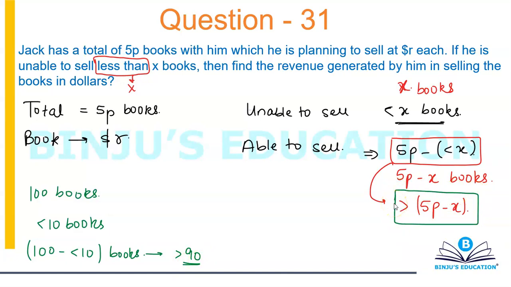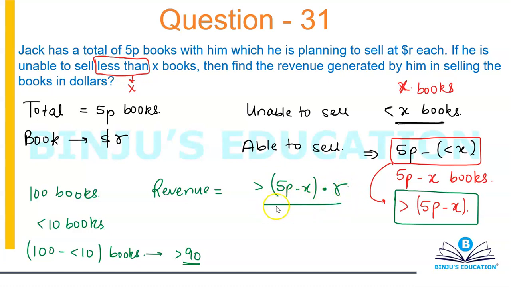If he is unable to sell X, that means he is able to sell 5p minus X. If he is unable to sell less than X, that means he is able to sell greater than 5p minus X. Okay, it's just logic, guys. That's it, nothing else. So what would be the revenue generated by him? You can say that the revenue generated will be greater than 5p minus X